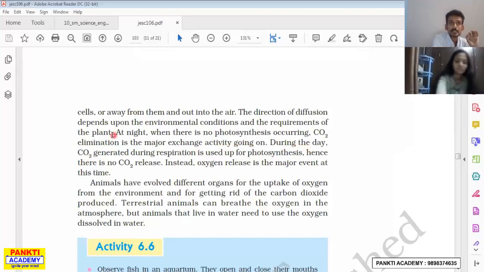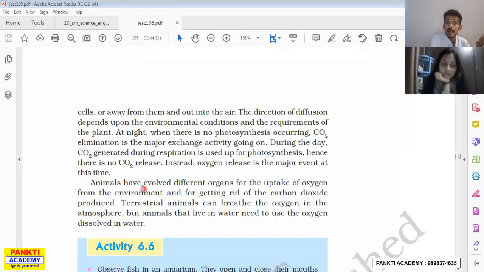During the day, CO2 generated during respiration is used up for photosynthesis. Hence there is no CO2 release. Instead, oxygen release is the major event at this time. But at night, oxygen is taken in and CO2